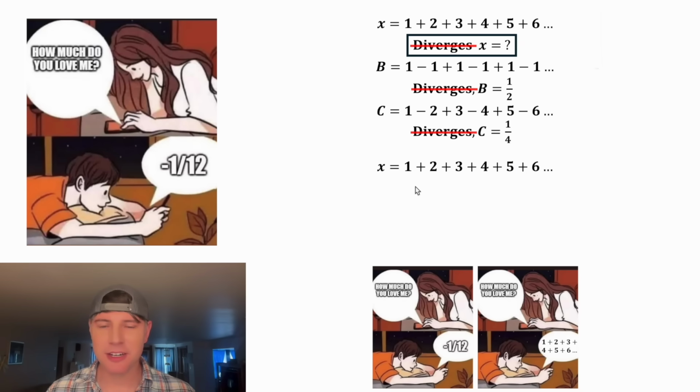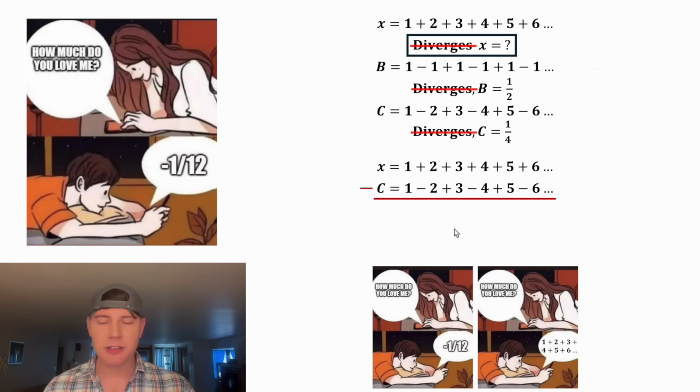Let's copy this down here. How would we figure out what this x would equal? Let's see if we can use these at all. I don't know if this is going to do much, but I think we can do something with the c. Let's subtract the c from the x. On the left-hand side, we'll have the x minus c, and on the right-hand side, we can subtract each of